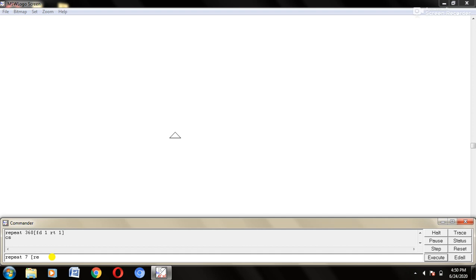So that is repeat space 360. As I have told you before, the steps of the circle are repeat space 360 bracket FD space 1 space RT space 1 and bracket close. Now if I give this command, it will create circles.